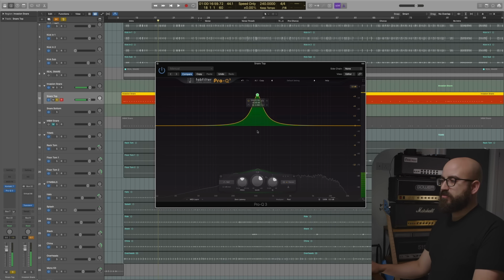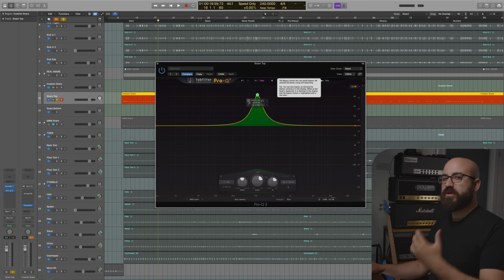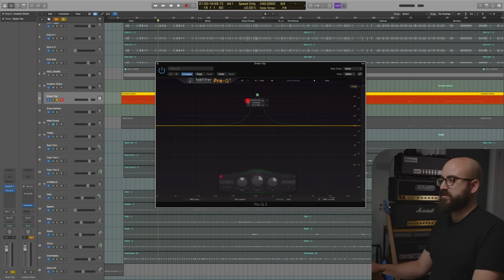Of course, I'm working on an EQ plugin that has a visual analyzer, so that's giving us quite a big hint, because you could see there's a bit of a triangle around there anyway. But that is the frequency area which I'm really hearing leading the sound. If I mute it,